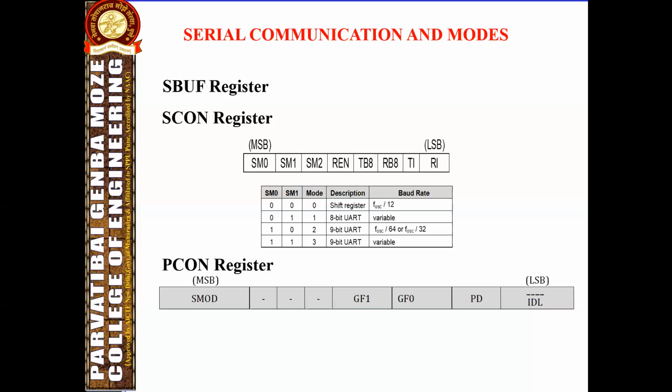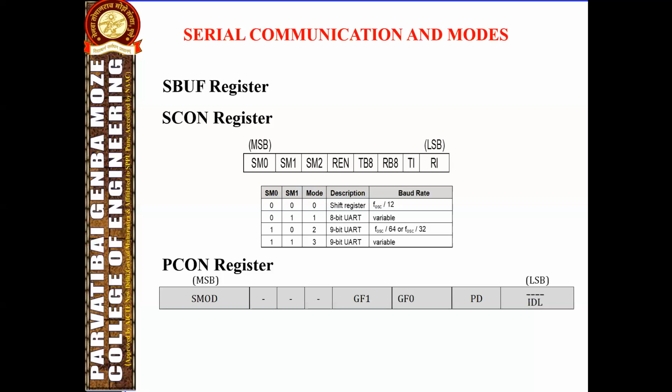Here the figure below shows the SCON register. What is the SCON register? SCON is an 8-bit register. Serial data communication is a relatively slow process. In order not to tie up the valuable processor, serial data flags are introduced in SCON to aid in efficient data transmission and reception. The serial data flags in SCON are